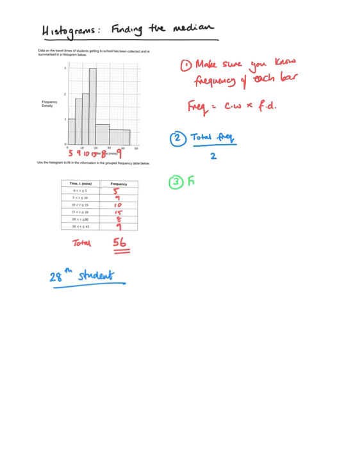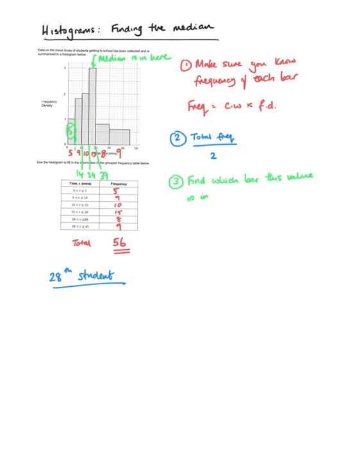So step 3 is to find which bar this value is in. So if we think about what's going on here, this first bar is worth 5. So if I get to here, I've used up 5 students. By the time I get to here, I've used up 14 students, 9 add 5. Then by the time I get to here, I've used up 24 students. It's a bit like cumulative frequency. And then by the time I get to here, I've added in another 15 students, so that's 39 students. As this bar starts at the 24th student and ends at the 39th student, I know that the median is